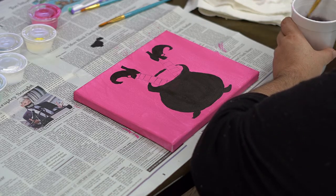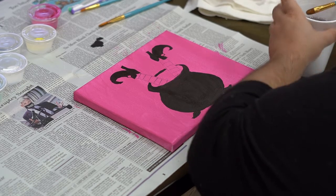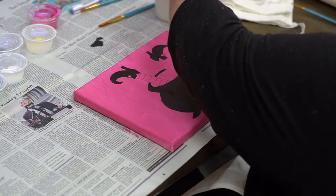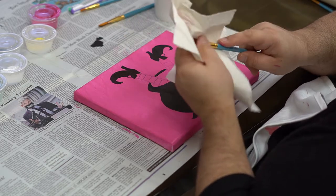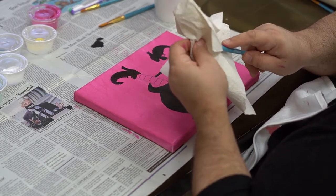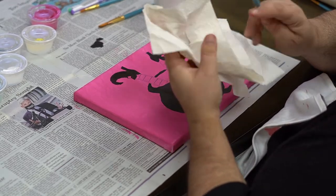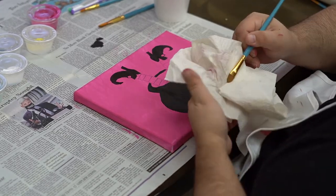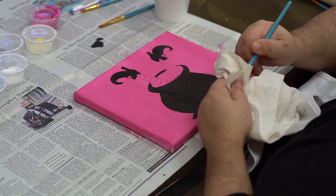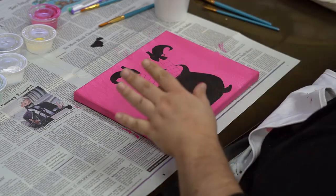Black, so I'm gonna rinse it again. And you kind of want to just gently squeeze out the extra water. And when you're squeezing out that water, you want to make sure the water coming out of your brush is clear, as that means there's no more paint in the bristles of the paintbrush. All right,